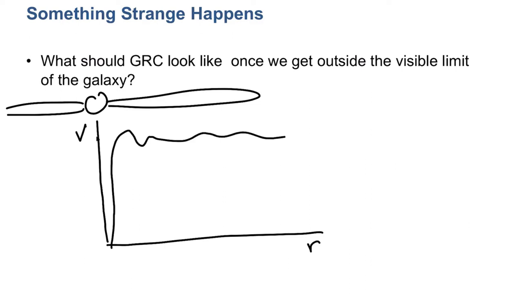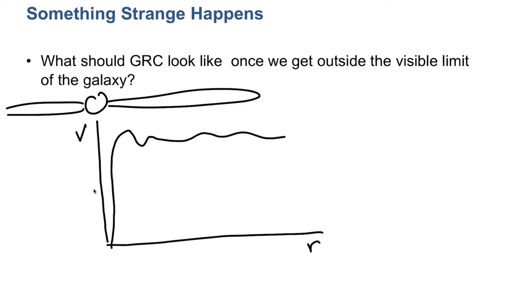What would you expect the curve to look like after you get out past where we see the stars in the Milky Way? Let's say we've got some random object out here that isn't really part of the disk, but we measure its velocity. What would we expect to happen out here? Well, naively, we would expect that this would drop off again, right? Once you get outside the majority of the mass of the galaxy, it should behave